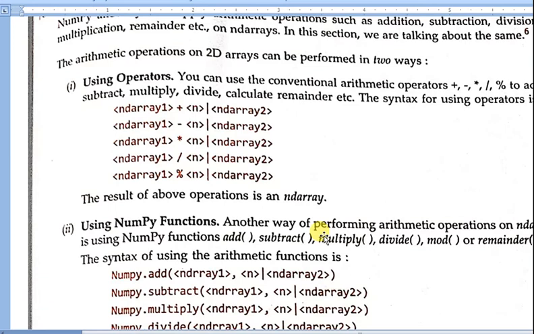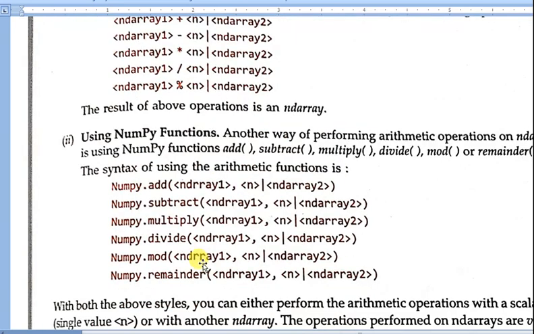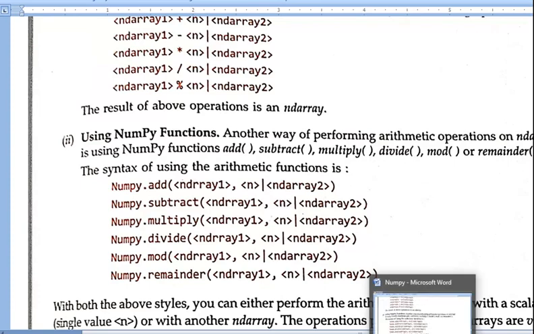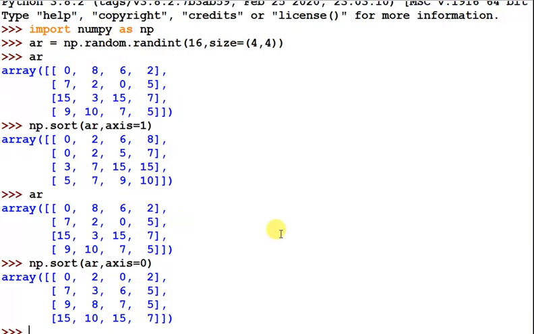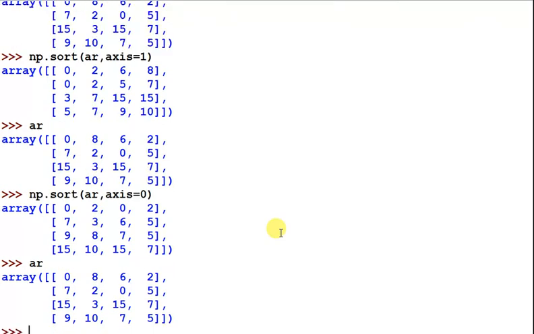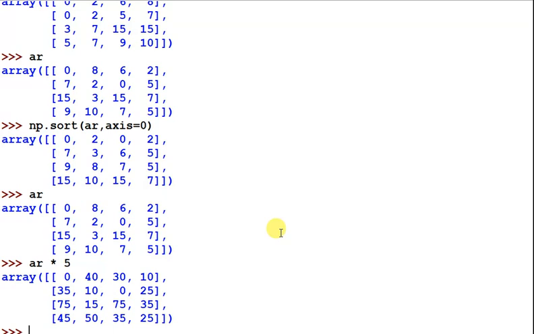Using arithmetic operations in a 2-dimension array, we have already discussed. We can use this directly with a scalar value you can pass, and another way is to use these functions to apply the arithmetic operation. So numpy functions and scalar values, both can be used. Suppose this is the array and you want to multiply all the elements by 5, you can pass this statement.